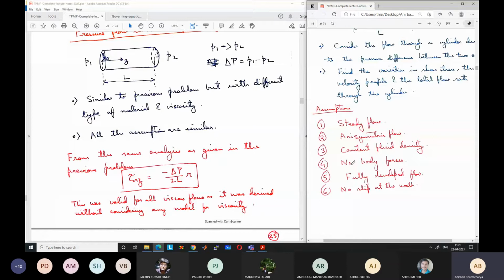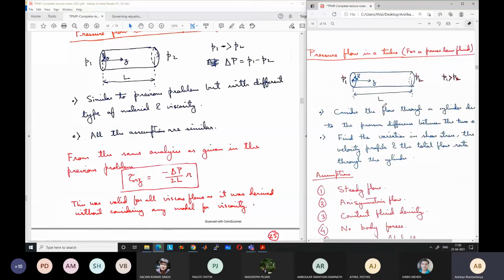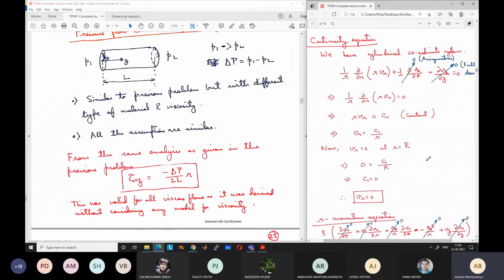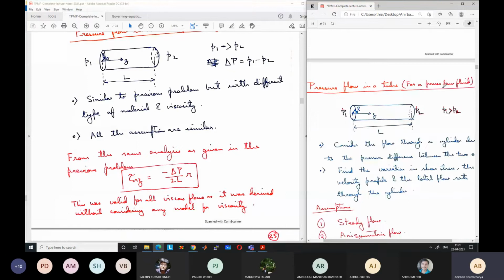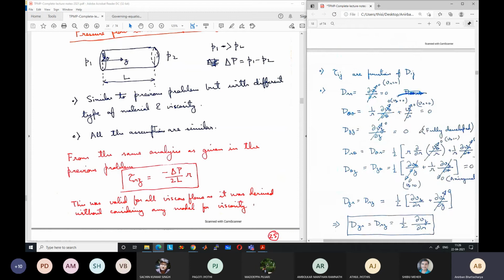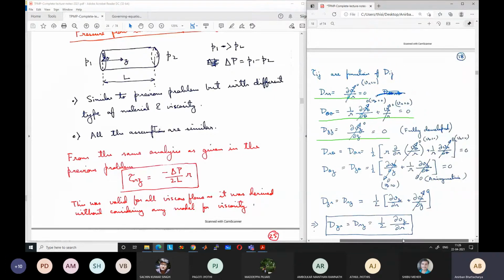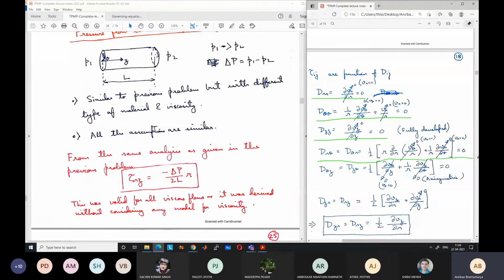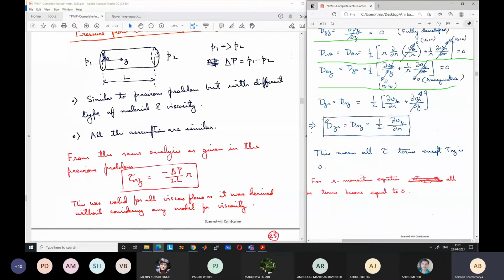With these assumptions for this geometry and boundary conditions, what we have derived for the power law fluid is Vr equal to 0. Then all the components of the deformation rate, drr equal to 0, d theta theta equal to 0, dzz equal to 0, dr theta equal to d theta r equal to 0, d theta z equal to dz theta equal to 0, and the only component of deformation rate which was present was dzr is equal to drz is equal to half dou vz dou r.